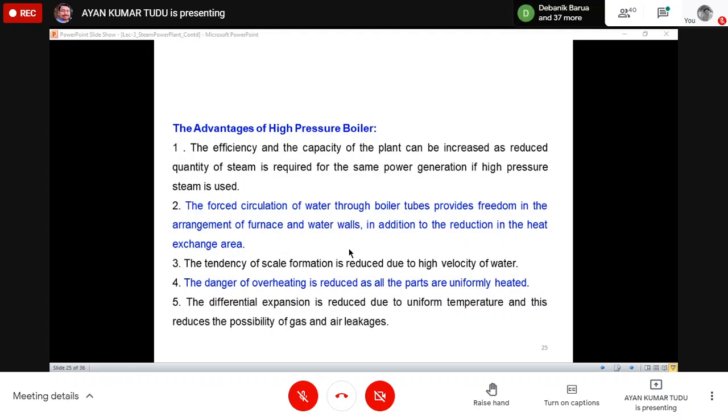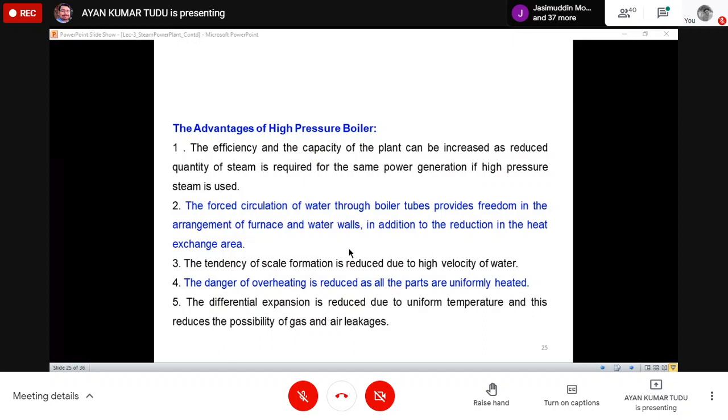Because of the forced circulation, the water circulation is better, so all the portions of the boiler will be uniformly heated, and the danger of overheating is reduced. And fifth, the differential expansion is reduced due to uniform temperature,